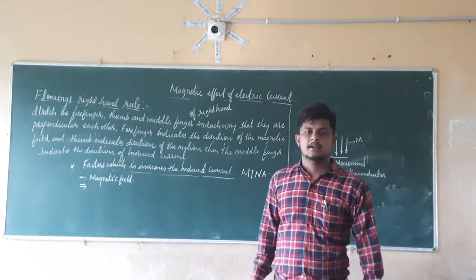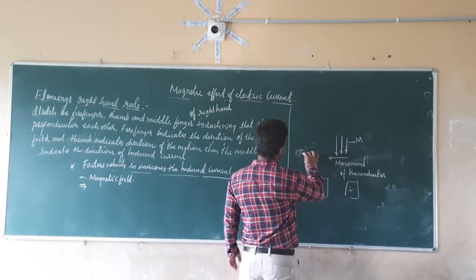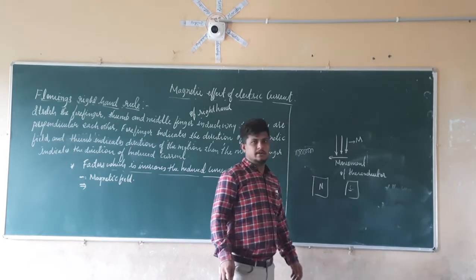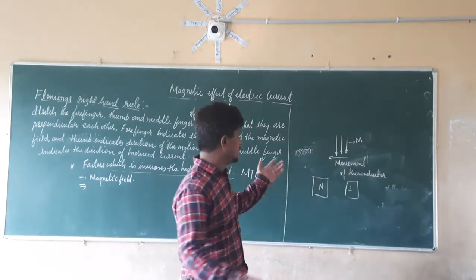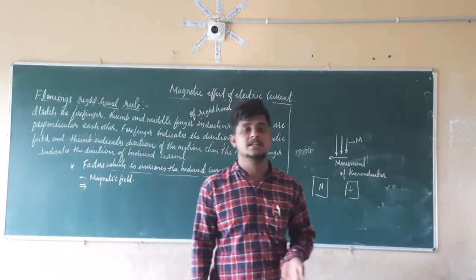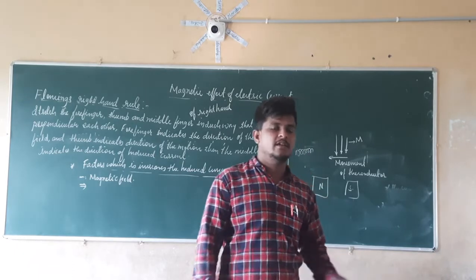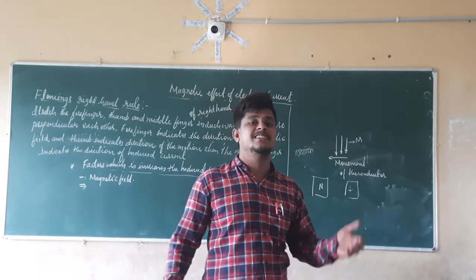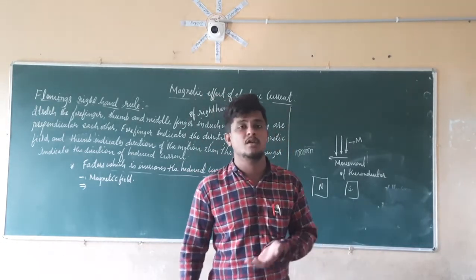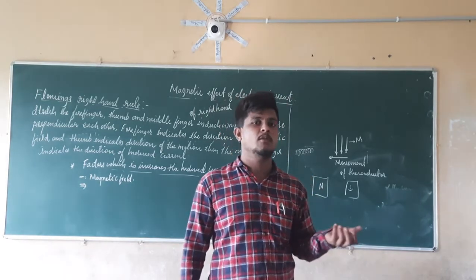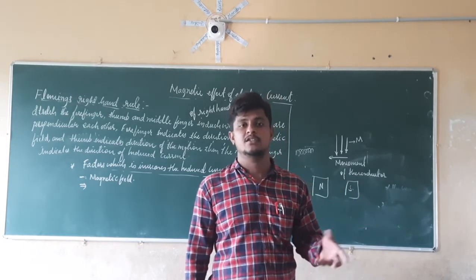In the third case, we increase the number of turns in a coil. By increasing the number of turns, we also increase the current, and by that there will be an increment in the induced current, as well as A, that is nothing but the cross-section area. If we increase the number of coils, its area is also going to get increased. If its area is increased, it is going to provide more magnetic field. So if it is providing more magnetic field, there will be more induced current.